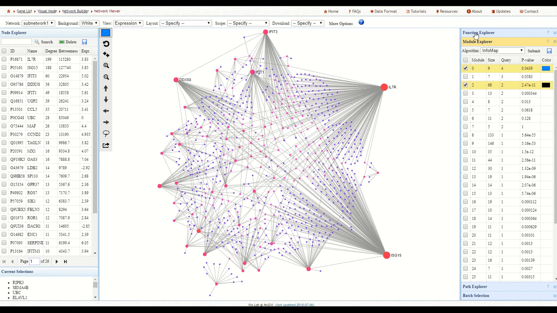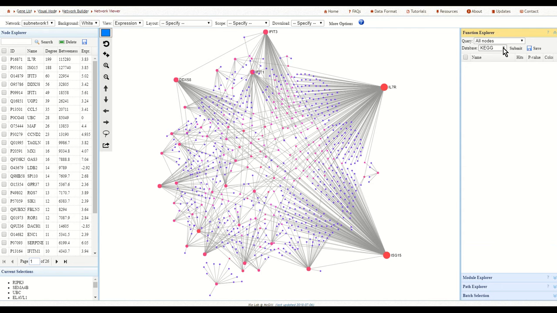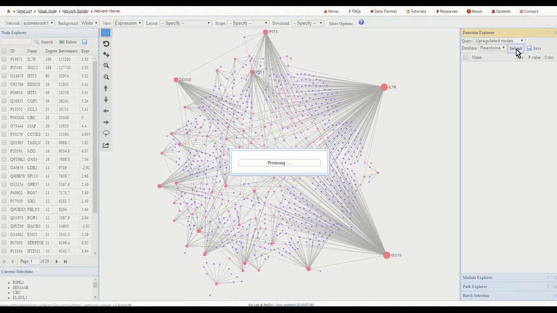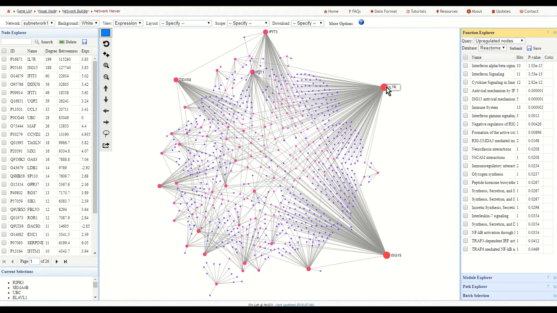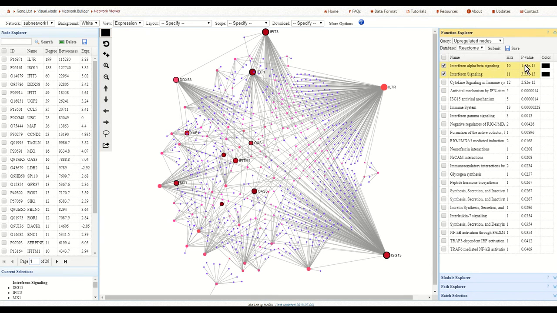So I go back to Function Explorer, and first we did it with all nodes, now we go to upregulated nodes and Reactome and click submit, and now you see if we just look for the upregulated nodes, the interferon signaling would be one of the highest hits. We see here the p-value, so we could actually now again activate, let's make it black here, the interferon signaling, and we could choose several of these